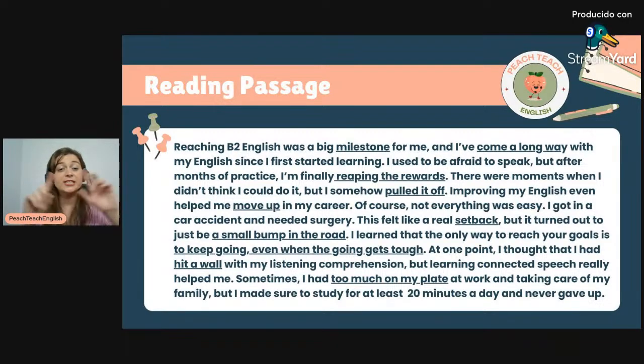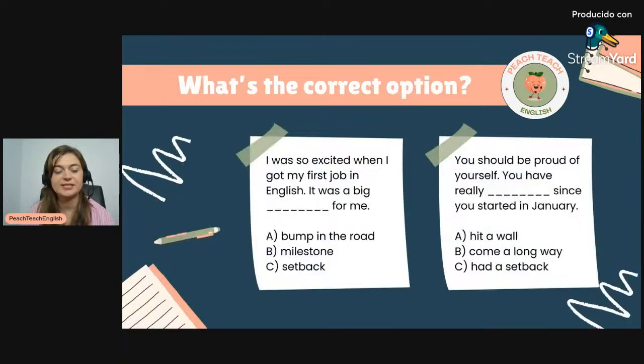Okay. So, guys, if you want, you can take a picture of this. I recommend looking at it again, really analyzing the story so you can see how to use this vocabulary naturally. All right. Let's go ahead and continue to the next activity.